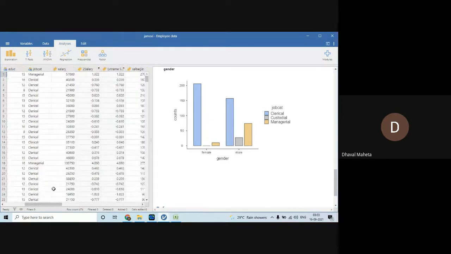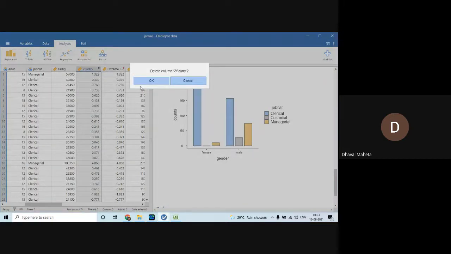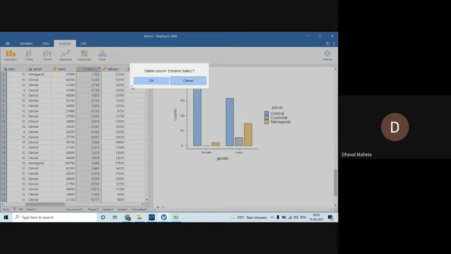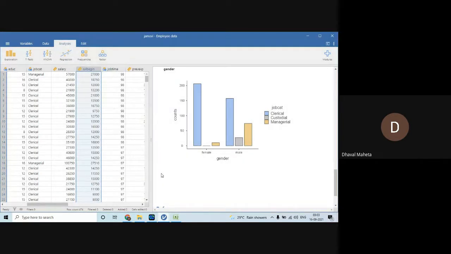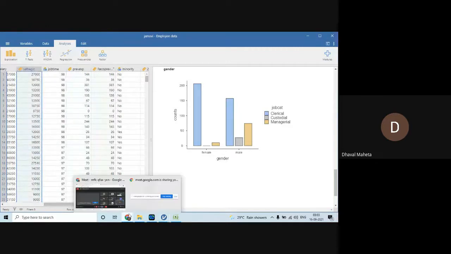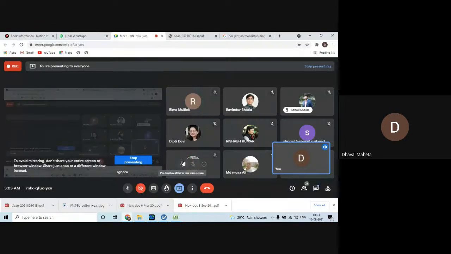I will have to remove this because it's not my concern. What I'm doing is delete variable. Anybody who wants to tell me the two variables on which I can plot the scatter plot? Two variables which are in scale.